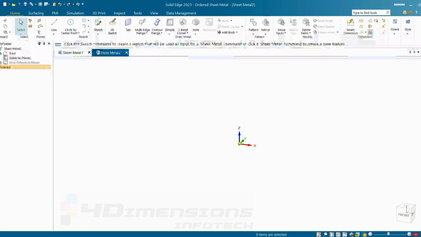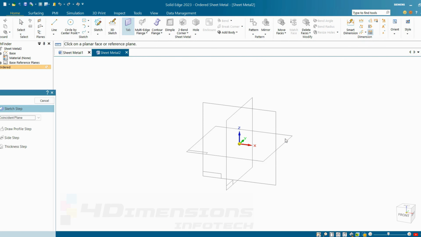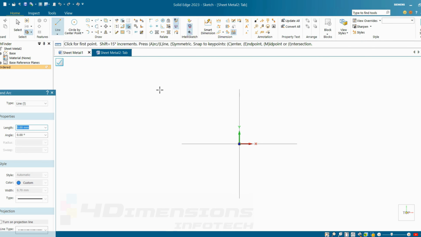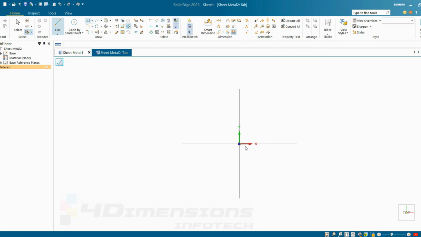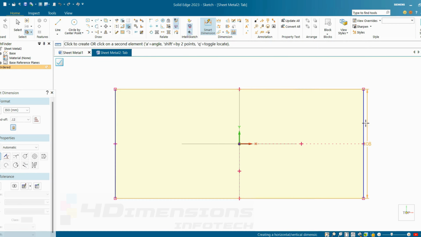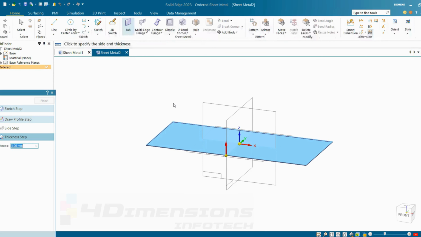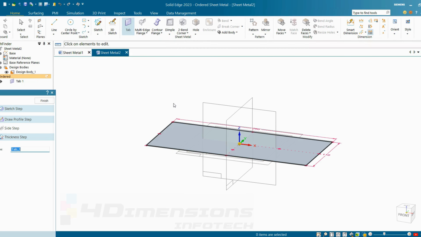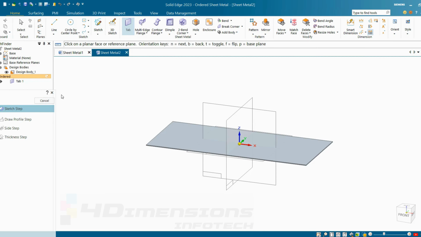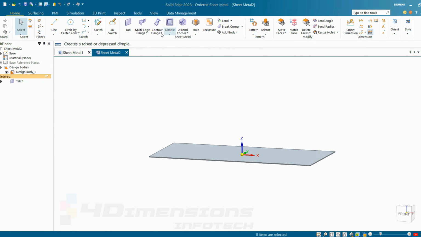So to start with, first I'll make the tab here. We need to make one base flange, then we are going to go for hemming. So to start with, I'll take this center rectangle here, put up the values, say close sketch, provide the thickness, I'll take it as 1 mm only at upper direction. Next, go for hem command.